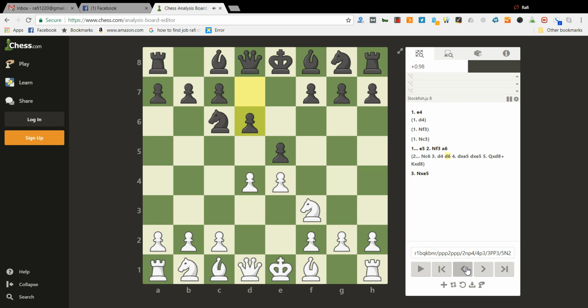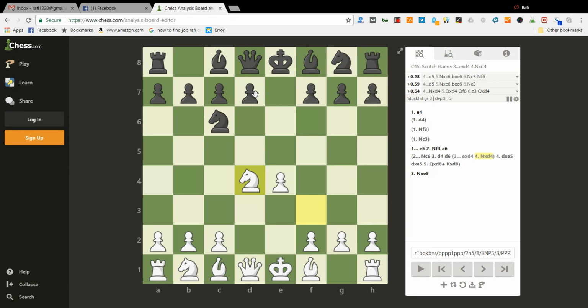I would opt for a much better move, which is e takes d4, which simply captures the pawn. White may now just capture back, and black can capture the knight back and head into this kind of position, but it's better for black to strike back in the center or develop another piece. So black might consider a move like knight